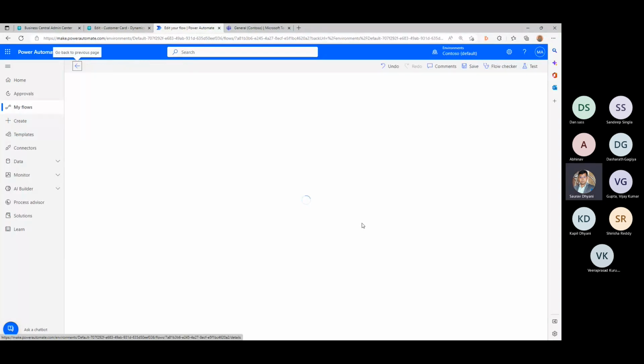So the email is going with the manual trigger. Now what we want to do is, once the email is sent, we want to make sure that a channel on the Teams gets created, and that channel then maybe posts an initial message from the flow saying, okay, this channel has been created and you're good to go from here at this point.